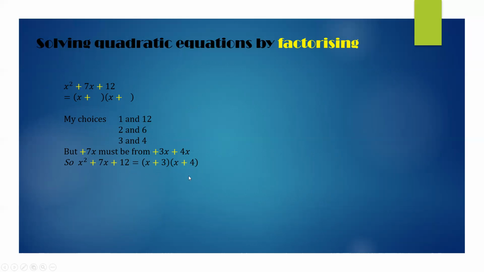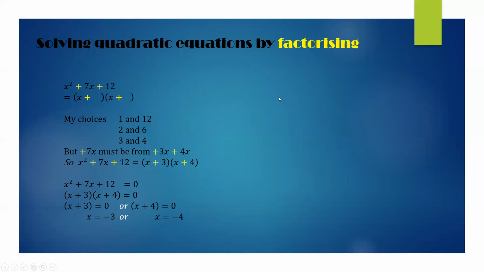All right. So if the question asks you to solve x squared plus 7x plus 12 equal to 0, this is how we do. We factorize this, right? This is how we get the factors. After you've got this already, then you set the first bracket equal to 0. Then find out what the x value is. x will be minus 3. And if x plus 4 equal to 0, x has to be minus 4. So these two are what we call the roots, or the x values, when we solve the